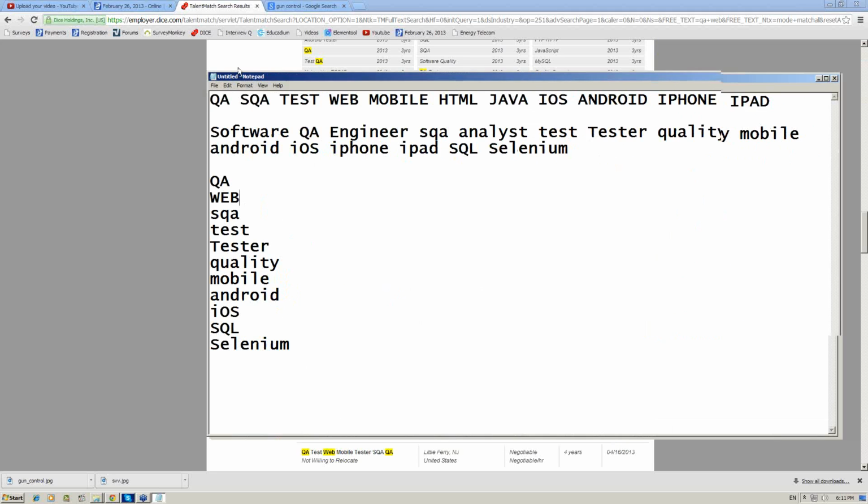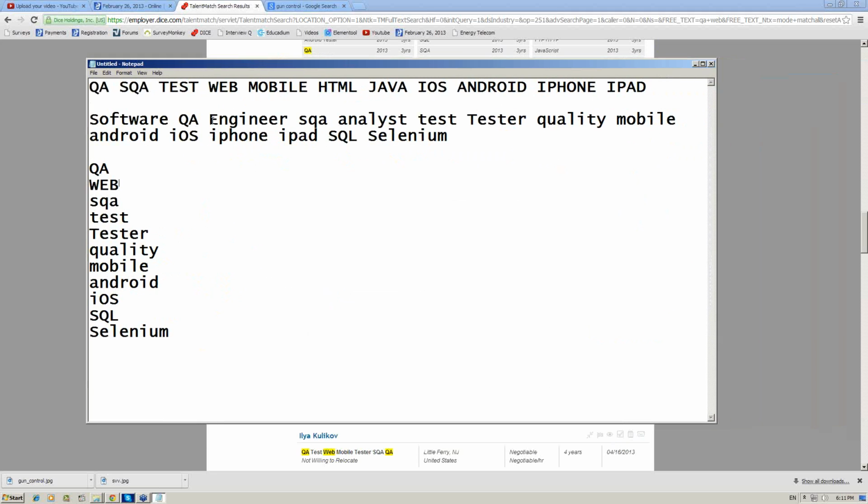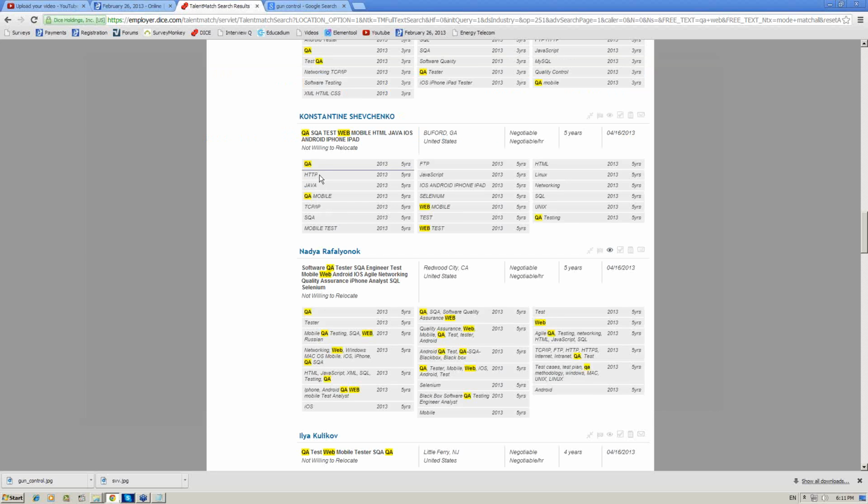Wait a second. Do we have web here? Analyst, tester. We need the word web here. Analyst, web. Okay, see, it takes time. Web. Okay, good. Now, next thing is you have 2 times web in your skills, and you have 3 times QA